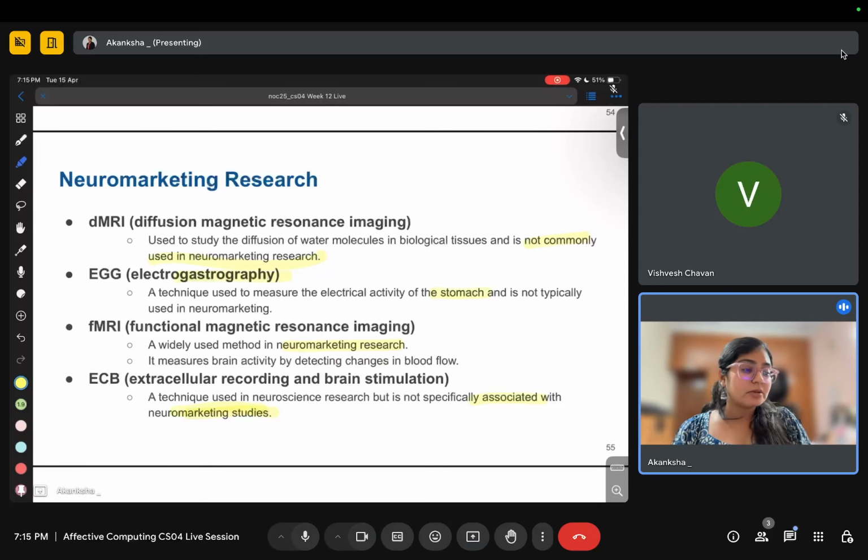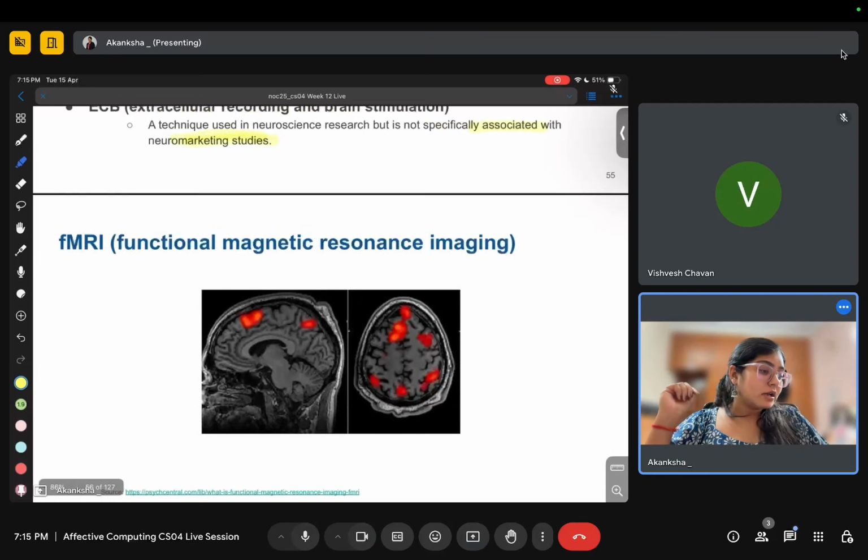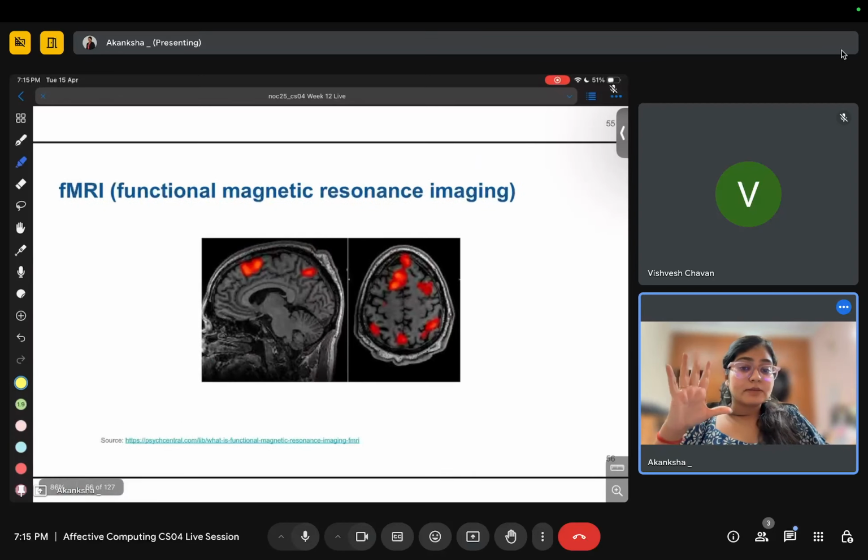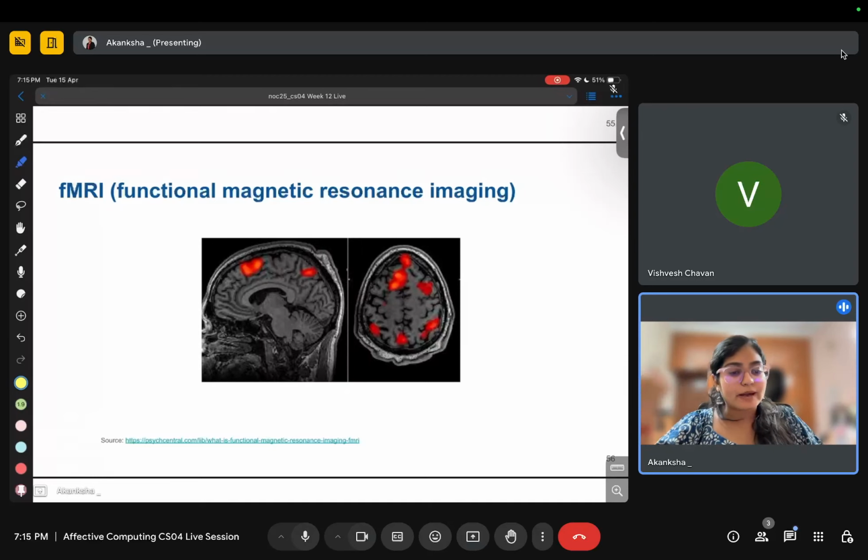So this is functional magnetic resonance imaging, which is able to capture what part of your brain is activated by watching what kind of content. Whenever you want to invoke a certain emotion, and every emotion is associated with a certain pattern in your brain, okay.